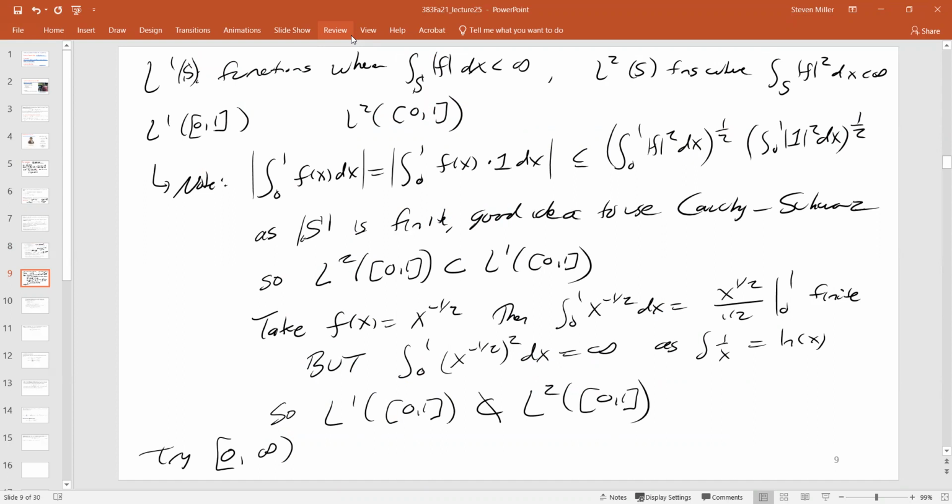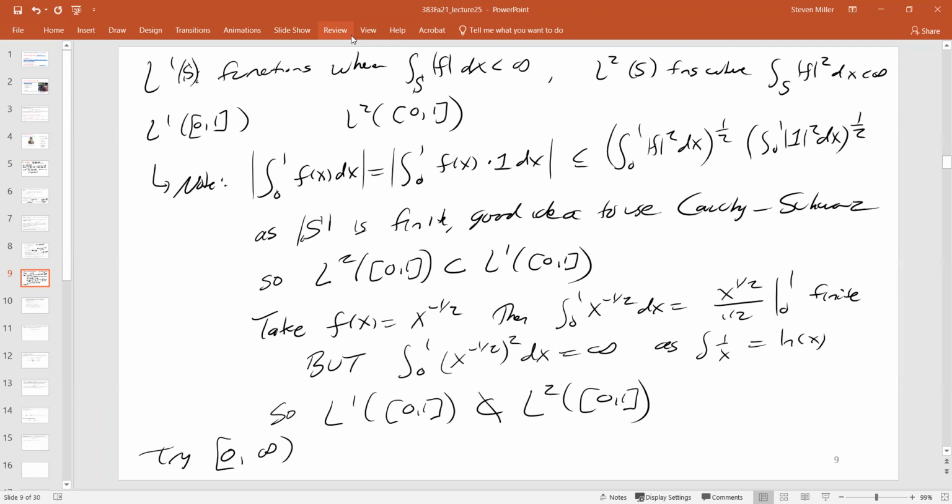I'm just saying that you're in these spaces if these integrals are finite. It doesn't matter if I take a square root or not. It's finite when I take a square root, or it's finite when I square it. I'm not saying that this is the L2 norm. I'm just saying you are in L2 if this integral is finite, the one on the top right. It just says I need that to be finite. I'm not saying that's the L2 norm of the function. I'm just saying if that integral is finite,